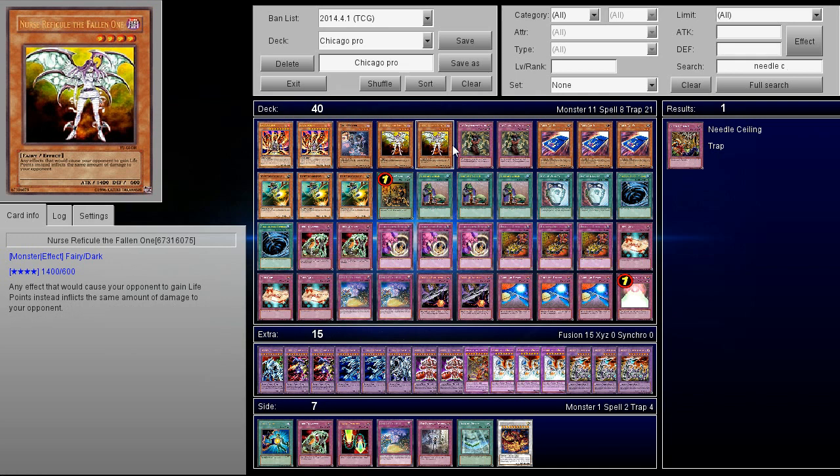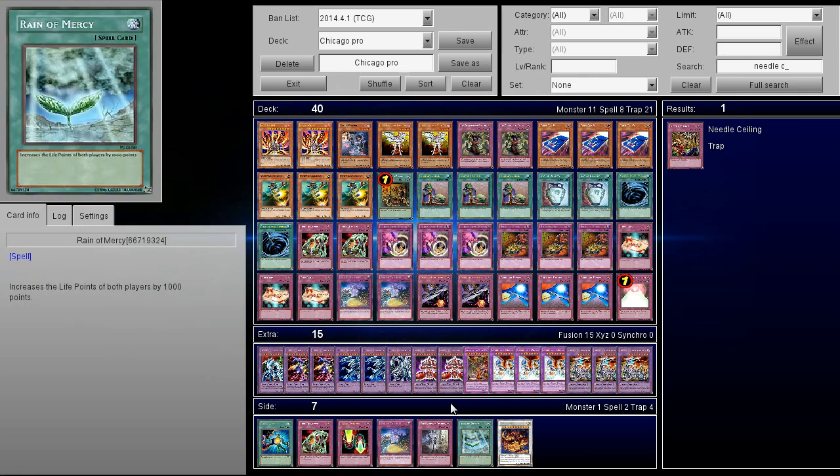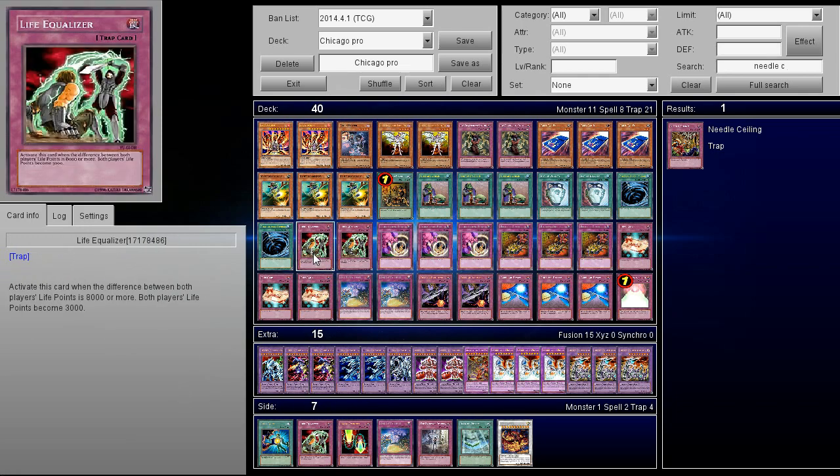as hard as possible. Heck, even Mirror Force can be an excellent card in this deck because your opponent is going to want to overextend. They're kind of forced to, because if they don't, they know they're going to lose. Also, Rain of Mercy, going back to that card Life Equalizer, what you usually use this for is because